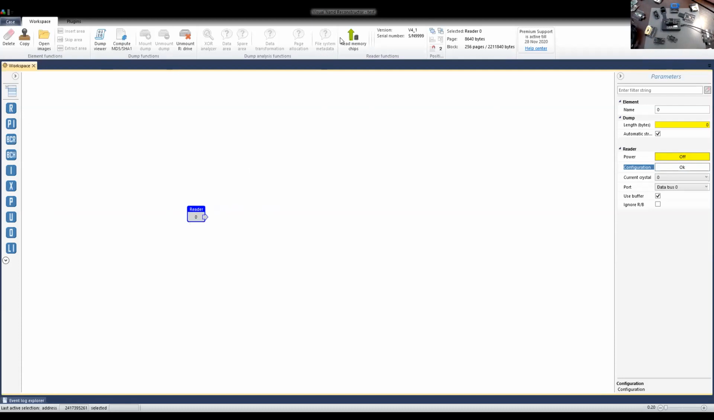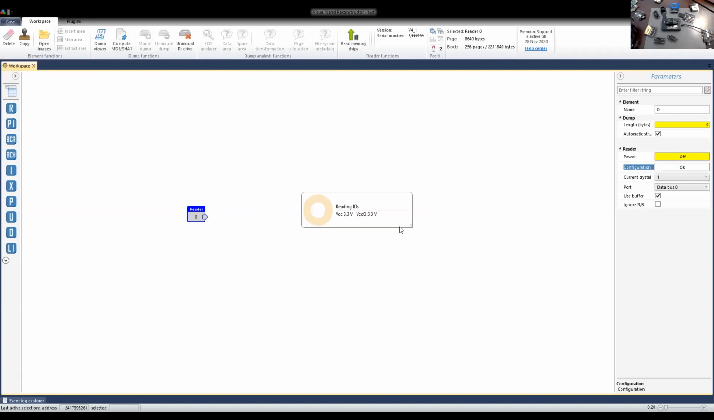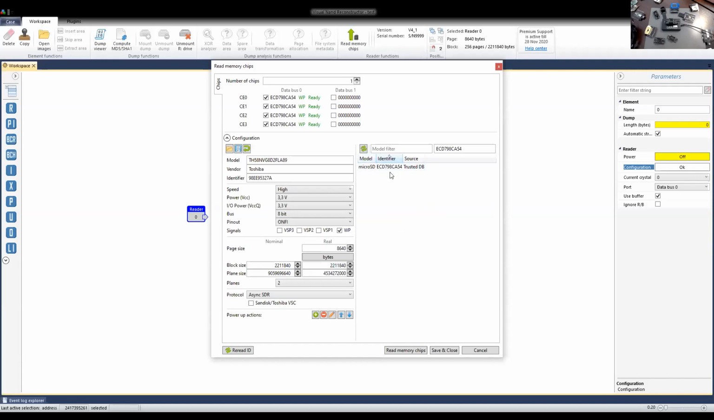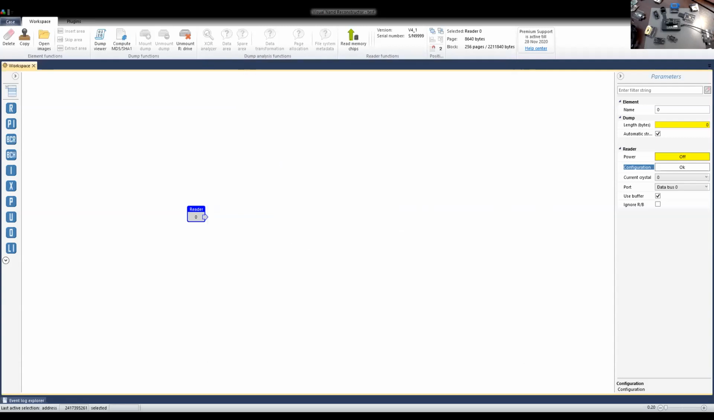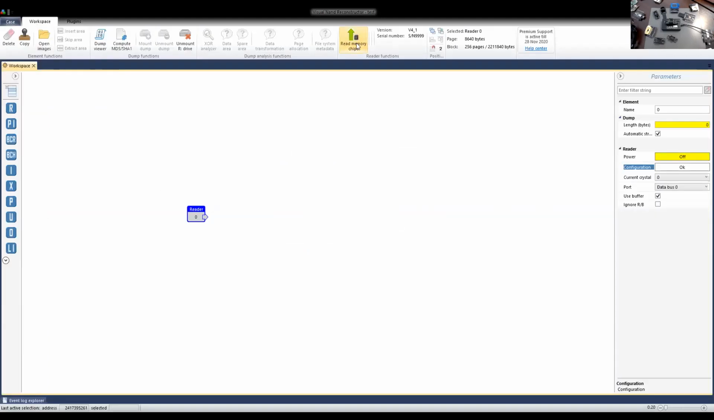How will I do this? I will click read memory chip again. Okay, and now it's trying to read ID, and it got ID. Now I can show you what this setting does. You see now it's "disable automatic chip configuration." It's enabled now. So now when I run this window,